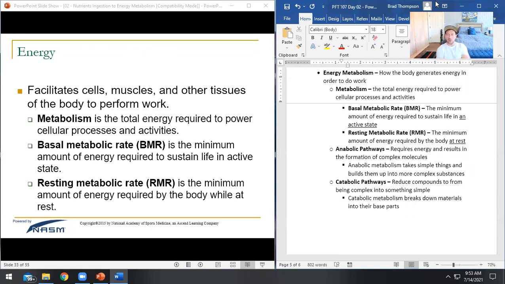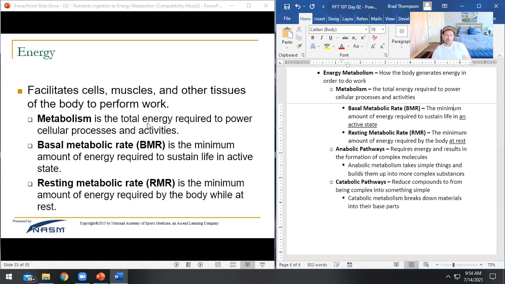All right, well, let's look at energy, right? How do we measure energy? What are we talking about when we say energy? Well, if we're talking about your energy metabolism, we are describing how your body is generating energy, how it's generating ATP, right? Because we can't convert it into energy directly. If we did, it would just heat us up every time, and then we would overheat. So instead, we create ATP molecules where we can do a controlled burst of energy release. So your energy metabolism is how you are generating ATP,